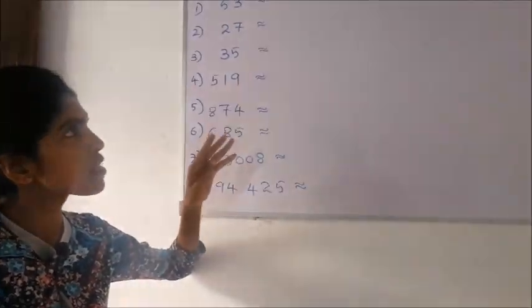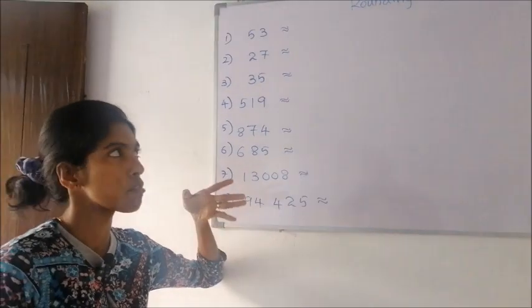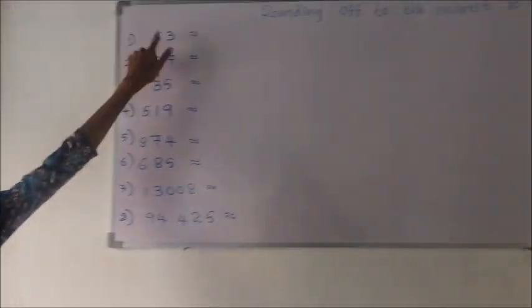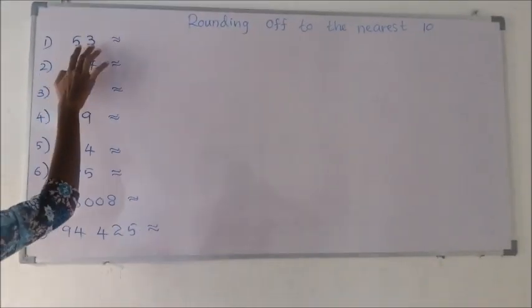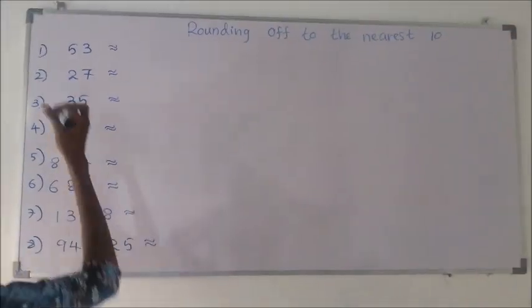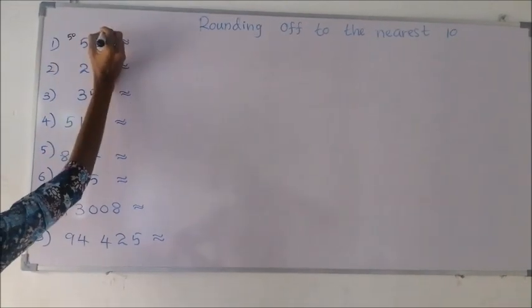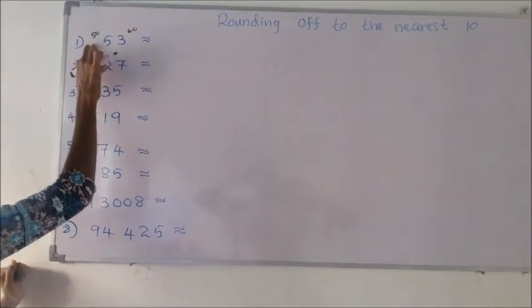Okay, firstly we will start from the nearest 10, the nearest multiple of 10. You learned this when you were in grade 6 also. 53. If it is hard for you, you think like this. On either side of 53, what are the main tens that we can see? In between 50 and 60, no, 53 is there, right? So this 53 is very close to 50.